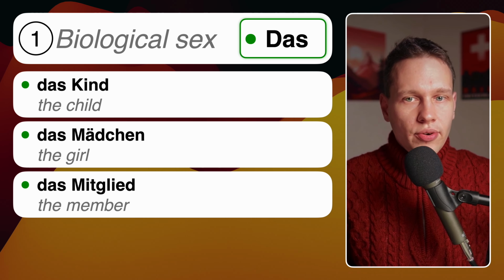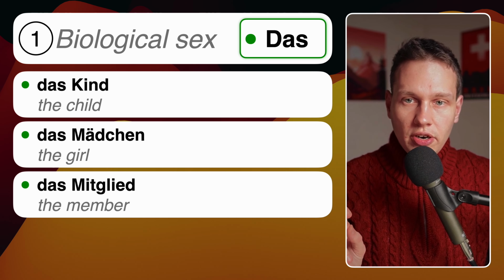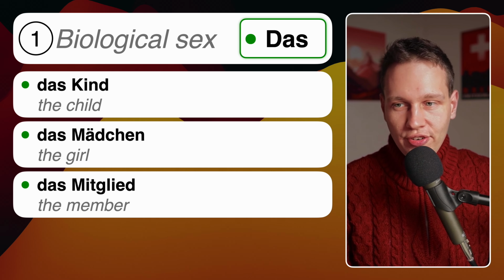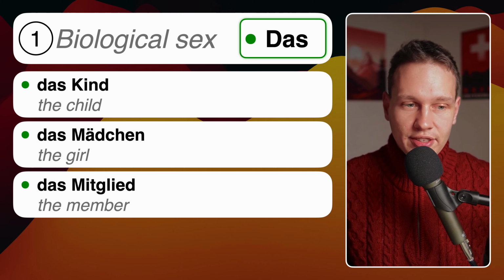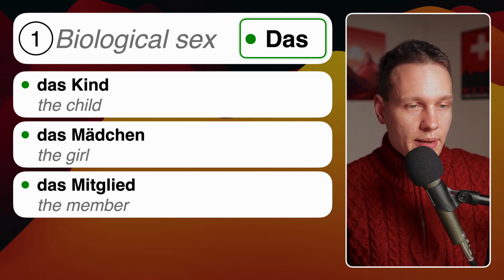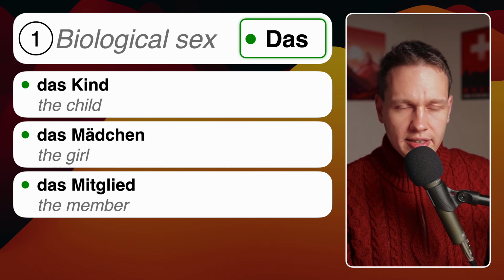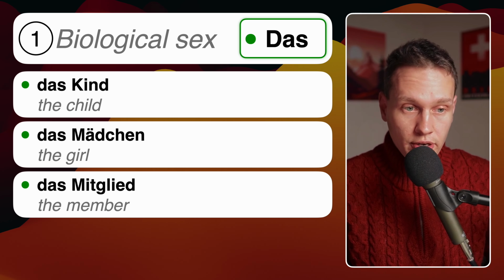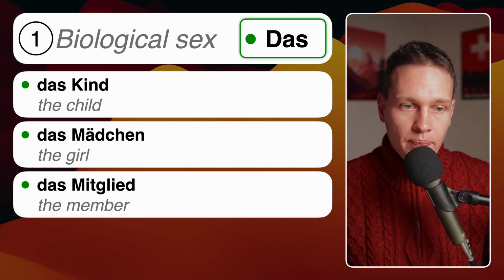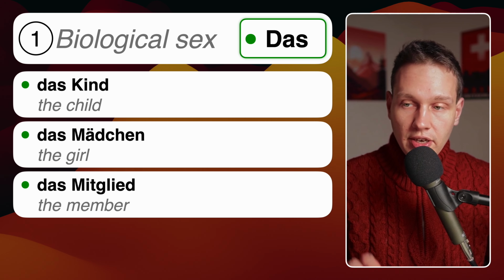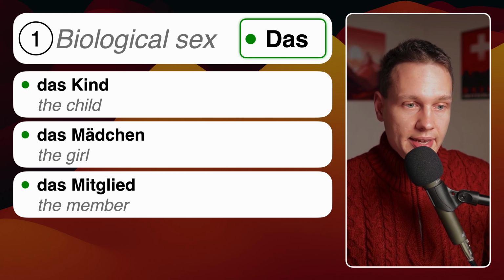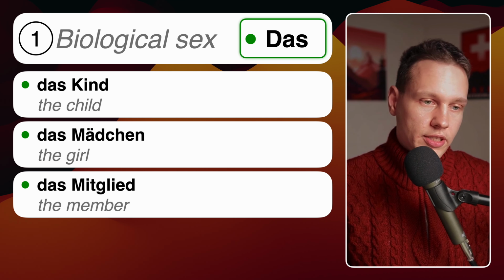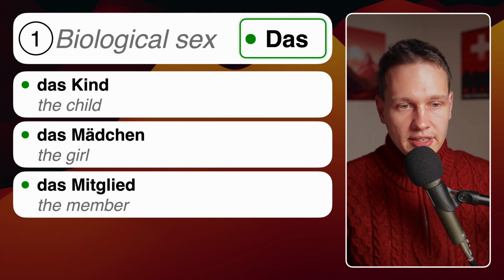And then we have a few kind of gender neutral biological sex words, which is kind of a contradiction in itself, but there are these 3. And so there is, for example, das Kind, which is the child. Das Kind can be both man or woman, so that's how it works. And then the big exception, das Mädchen, that's the girl, das Mädchen. And you will learn why this is a gender neutral word, even though it's a biological female, when we look at the suffix